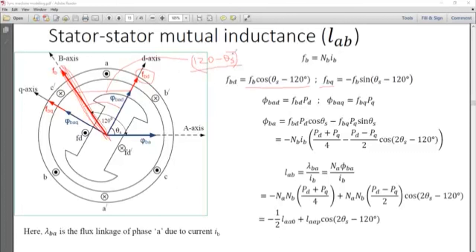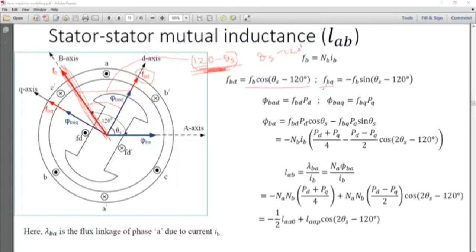Now, theta s can go beyond 120 degrees through its one rotation. Throughout its rotation, there is a chance that it will go beyond 120 degrees. So we want to represent this angle not in this manner, rather in this manner. So that's what we did. We simply made it FB cosine of theta minus 120, because cosine minus theta is the same as cosine theta.